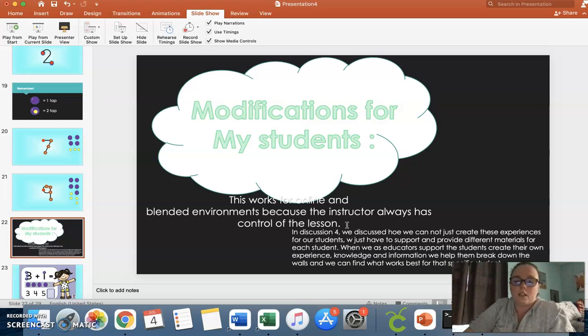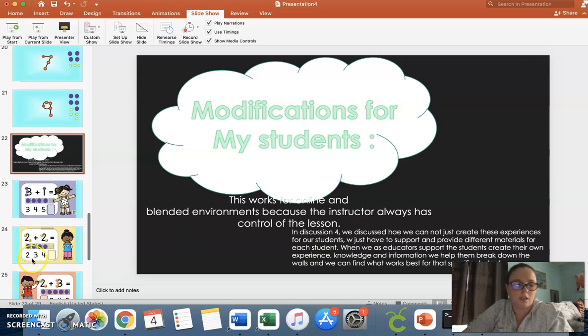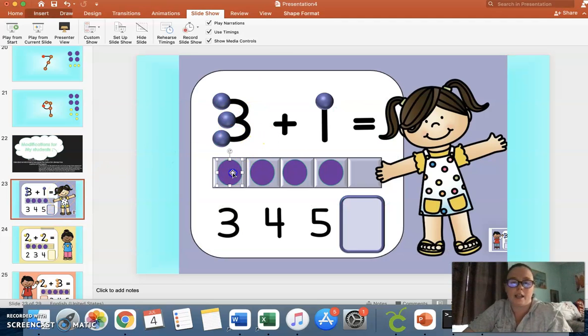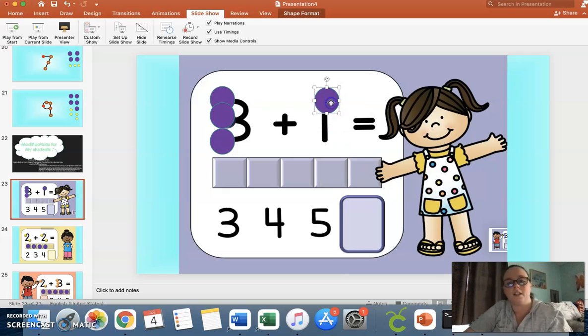So in discussion 4, we discussed how we can not just create these experiences for our students, but we have to support and provide different materials for each student. As educators, we support the students and we let them create their own experience, knowledge, and information. We help them break down the walls so we can find what works best for each specific student. So the modification I made here is I gave my students the dots on this number line so they can move it. But not only did I give them the dots, I only gave them the correct amount of dots for each problem. So there's 5 boxes for my number line. I only gave them 4